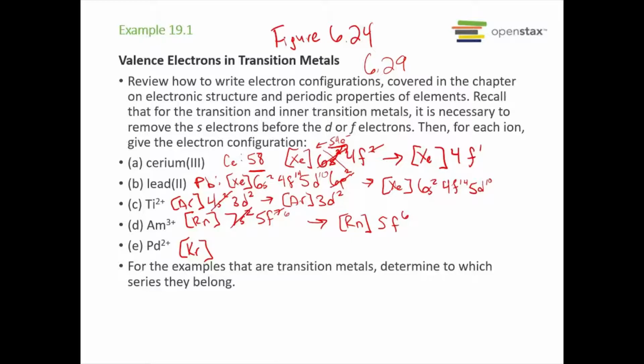Normally we would go up to 5s for 2, and then we would go to 4d for 8. But palladium is actually bizarre. Instead of doing that, the electrons actually all go up to the d orbital, and so this just goes to 4d10. And then since it's got the +2, this becomes an 8, so we have krypton